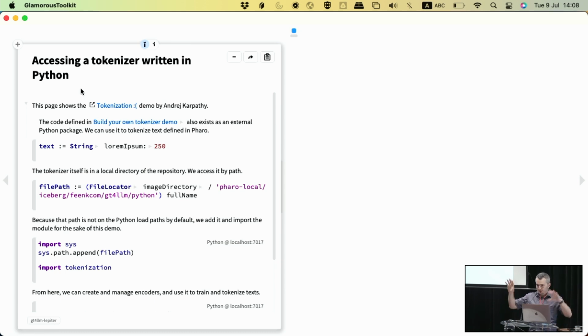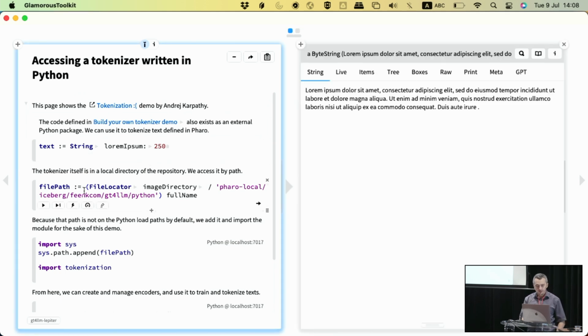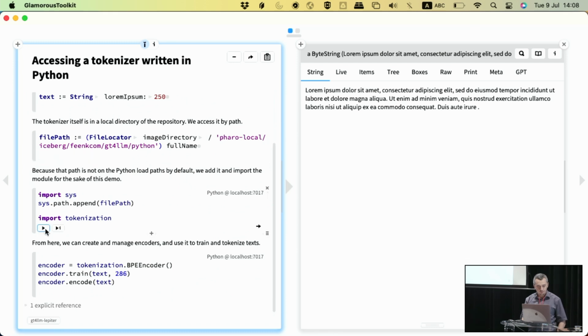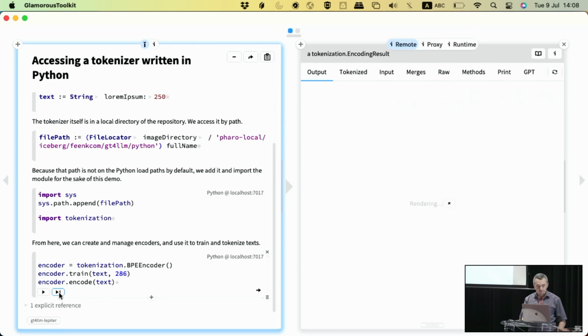So they have various different applications where you can understand and reason about things. But we thought, could we just do one? So in our case, we're going to get a lorem ipsum, just so I have some text. We're going to just get our Python. Now we're going to import the tokenization library. And now we're going to explore and inspect how this